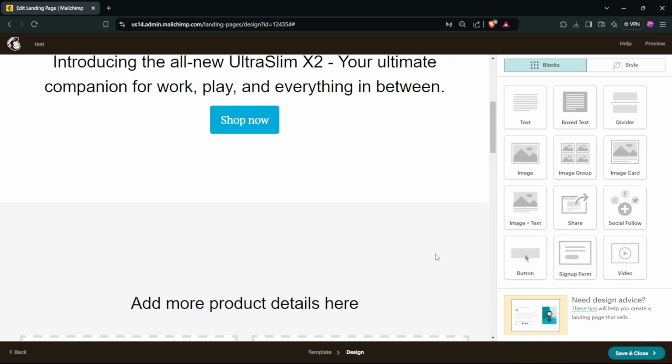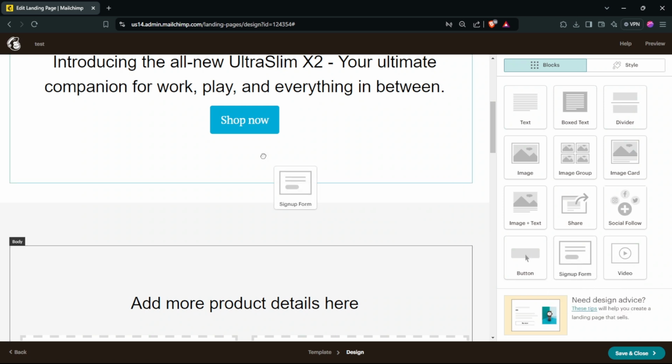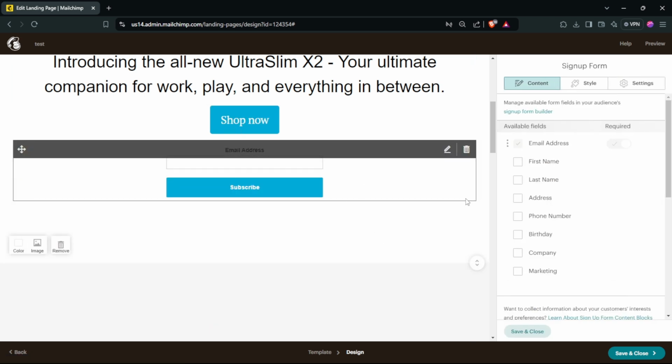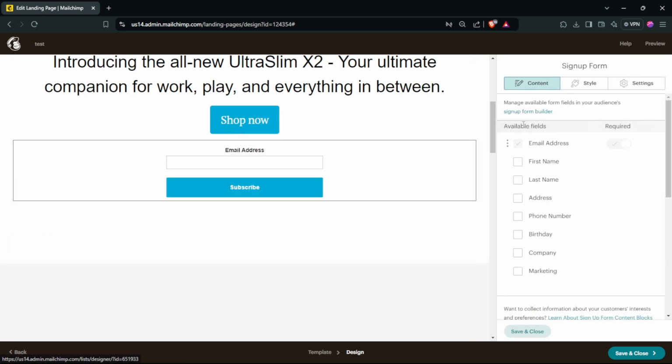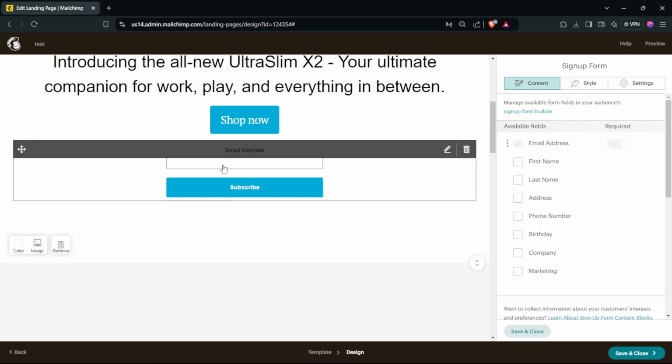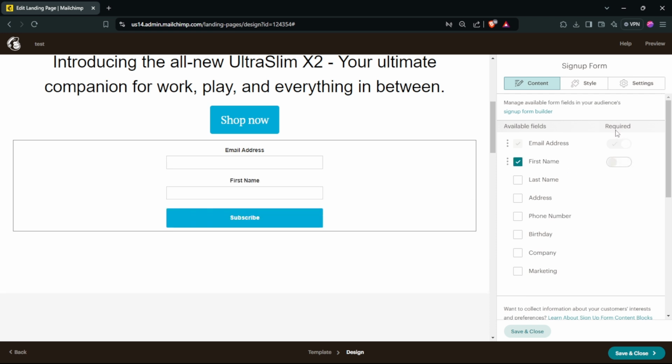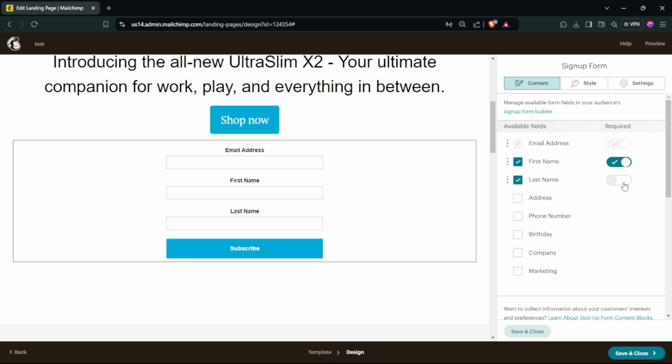If you want to add a sign up form, you just drag this, and then you have these options. So for example, of course you're gonna add the email address, and also if you want to add a first name, you just click here. You can make it required if you want. Also, you can add a last name, make it required if you like. And there's also some other options. If you scroll down,